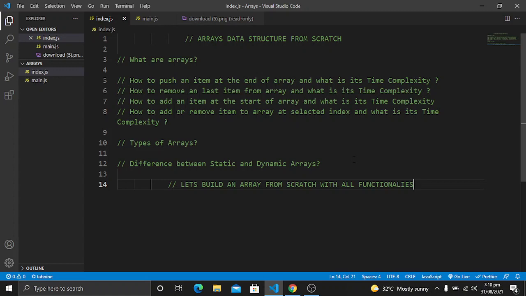Now in the next step what we will do, we will learn how can we add an item at the start of an array and what is its time complexity. So we will learn how can we add an item at the start of an array and what will be